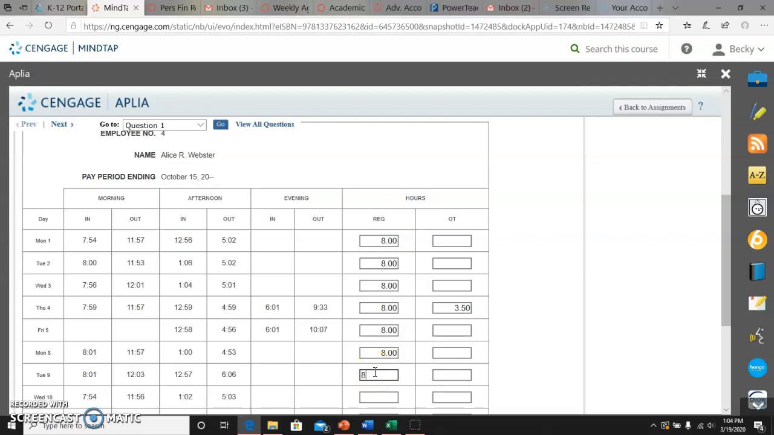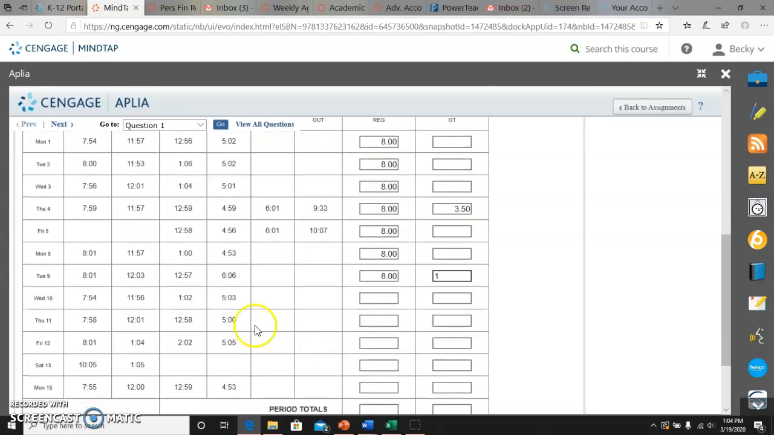Then on Tuesday it's 8 to noon and 1 to 6, so that's 9 hours. So 8 regular and 1 overtime. 8 to noon, 1 to 5 is your 8 hours, and then 5 to 6 is the 1 hour of overtime. Then on Wednesday the 10th,